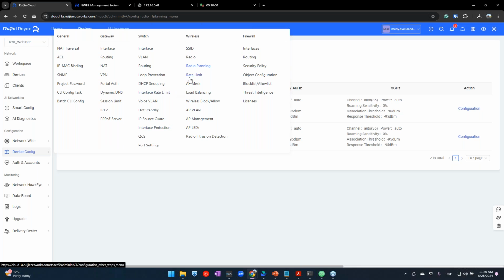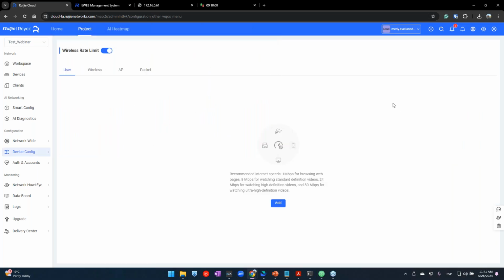And last but not least, I can change the rate limit of our network. For example, here it shows us the internet speed is 1 megabit per second for browsing the web, and 8 megabits per second for watching videos, and 24 megabits for watching high definition videos. It is an example for a user. As we can see here,